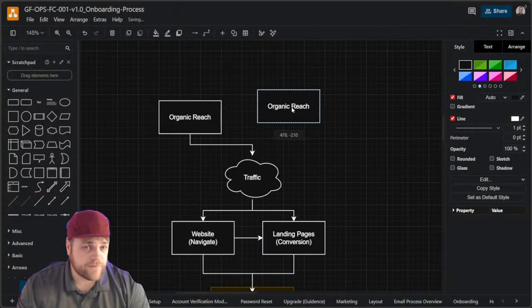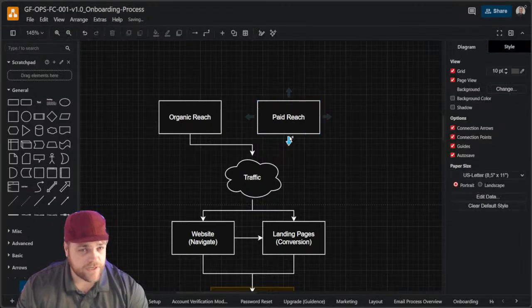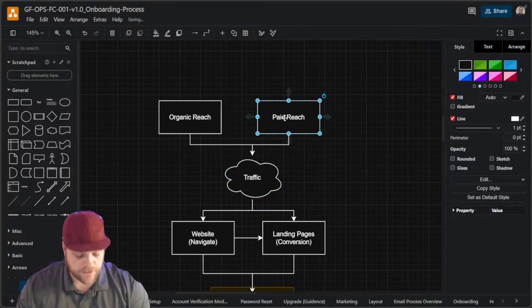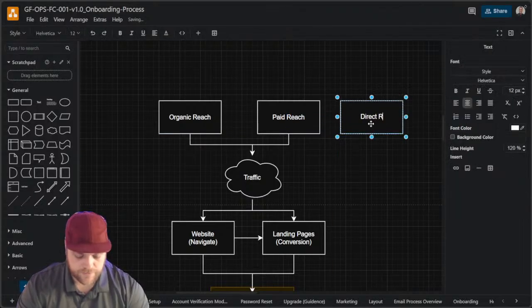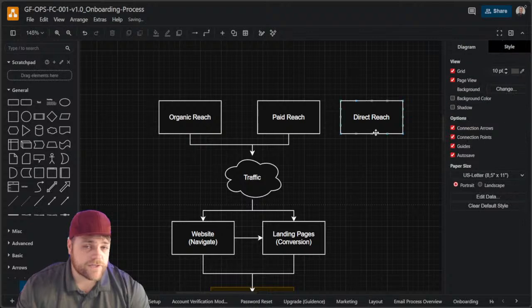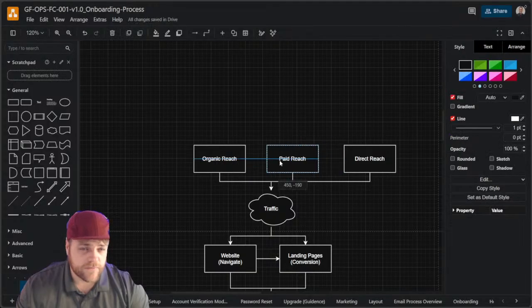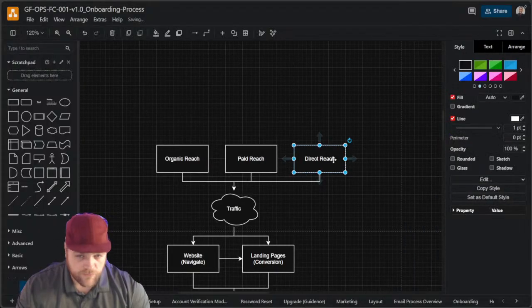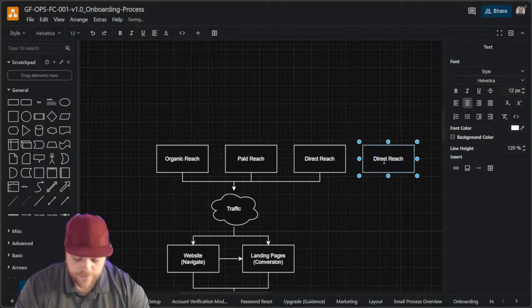Another operation can be your paid reach. Your paid reach is another operation. You can even have your direct reach. Your direct reach is basically when you're sending them a message and directly connecting to them. Pretty easy. And then of course you can have partner reach.